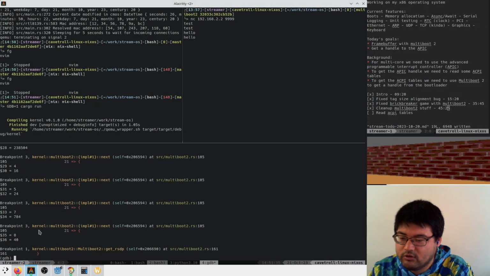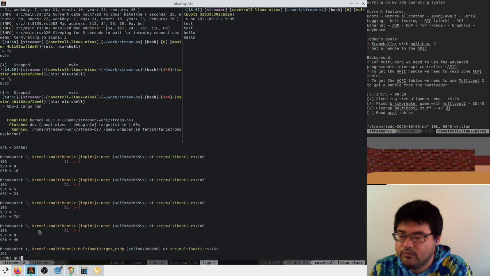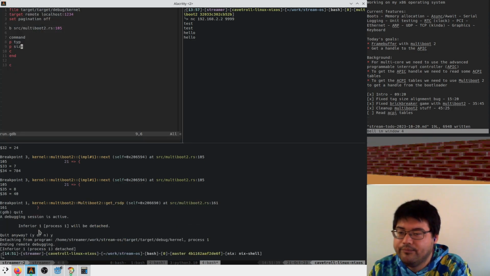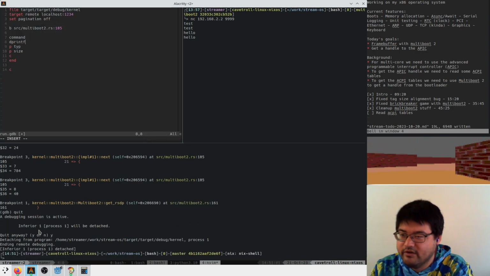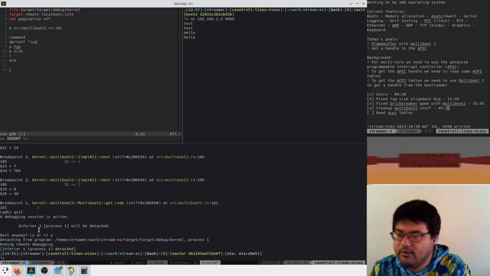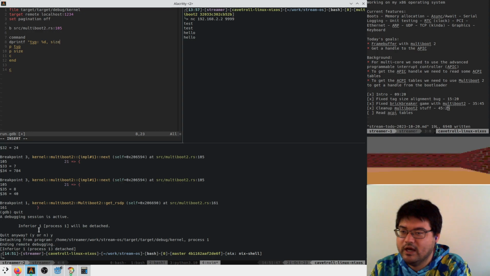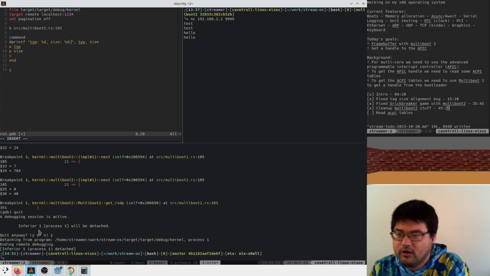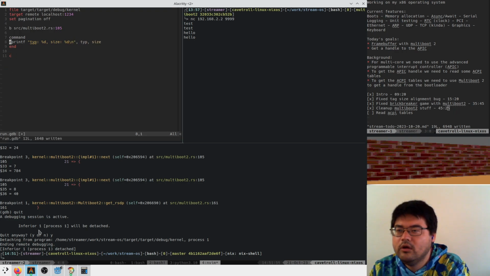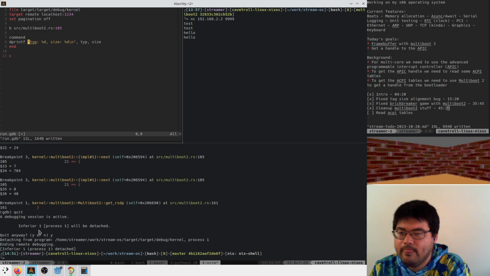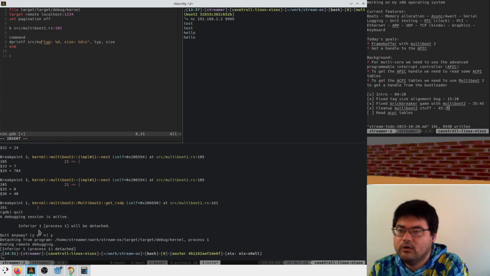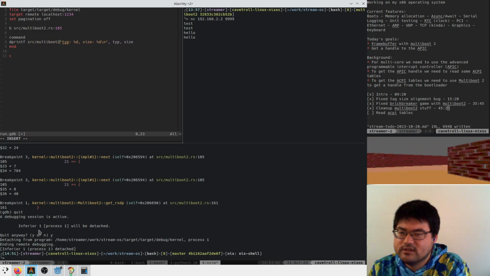We can even get a little crazier, and say dprintf type integer size integer, and I think you can say like tip size. I think it's like this.